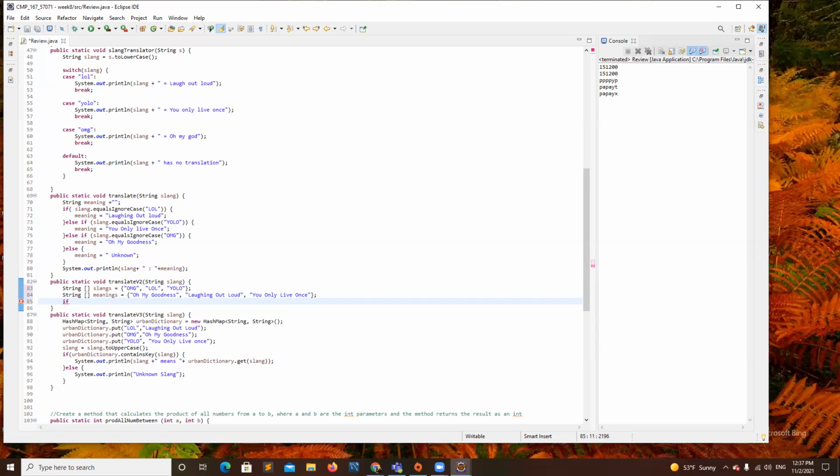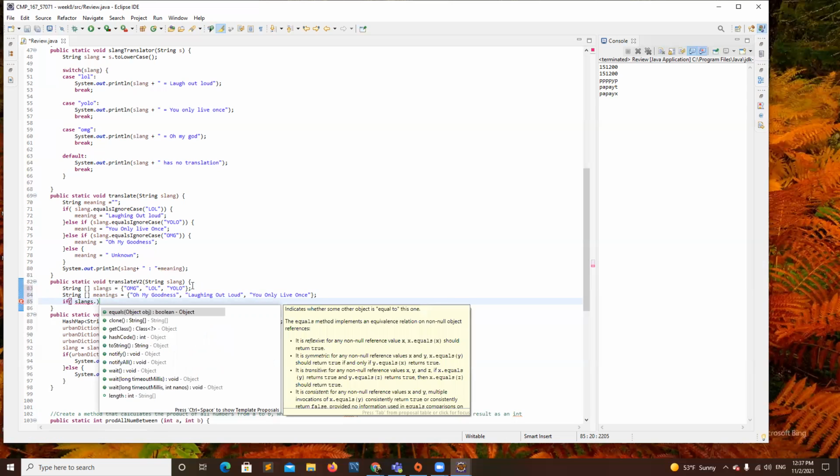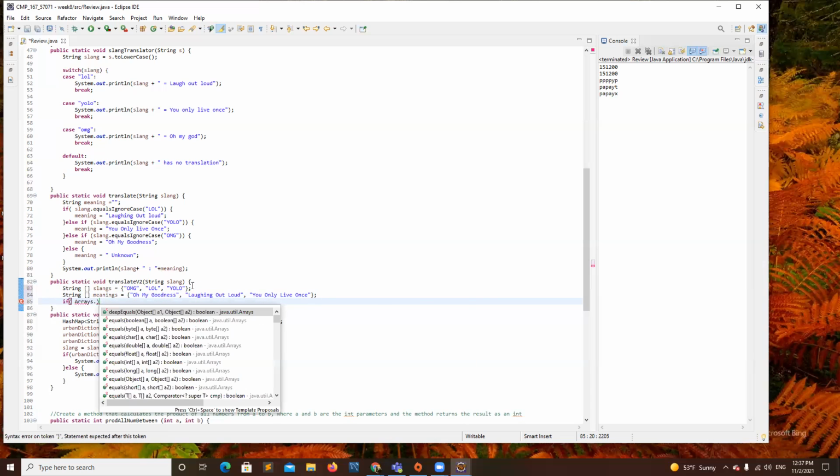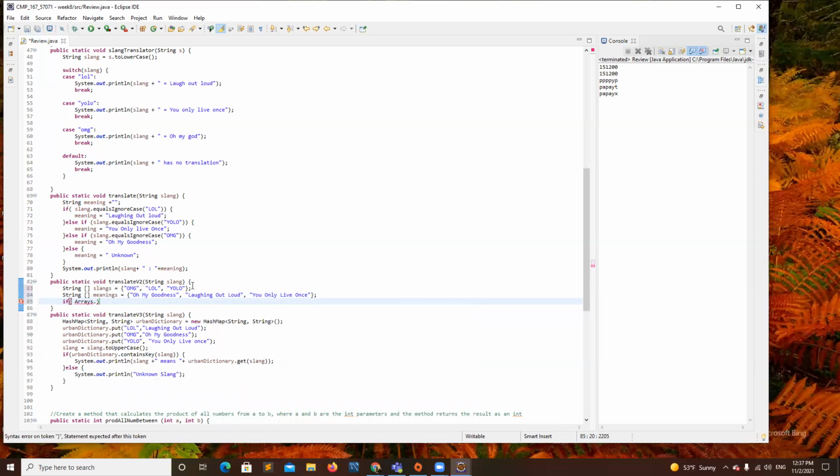You can do a for loop to go through all of this and check if the element at a given index i contains the element, or you can use arrays that, sorry, I don't have it here.